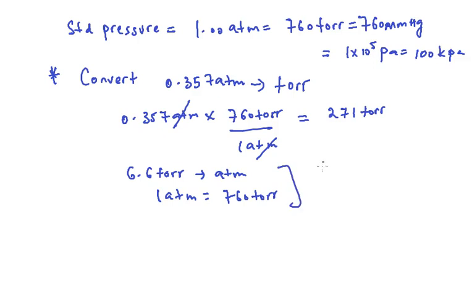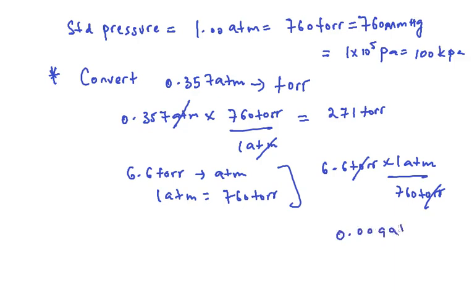So this can be used as a conversion factor. So we can say 6.6 torr times 1 atm over 760 torr. Torr is another unit for pressure, so we eliminate the unwanted unit and we divide 6.6 by 760, which would give us something like